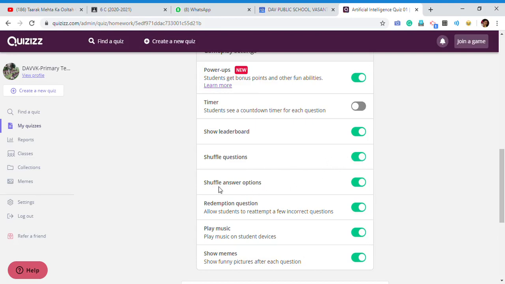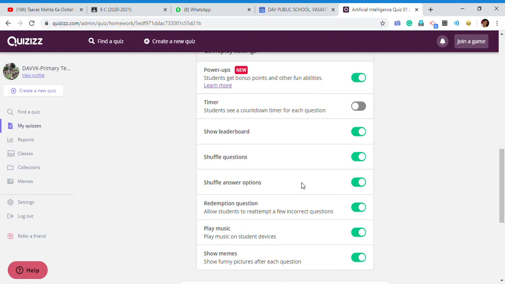And if you are recording your voice for the questions and answers both, then no need to shuffle answer options. Suppose you are giving four pictures of four fruits like apple, orange, banana and papaya, and you want to record the audio.